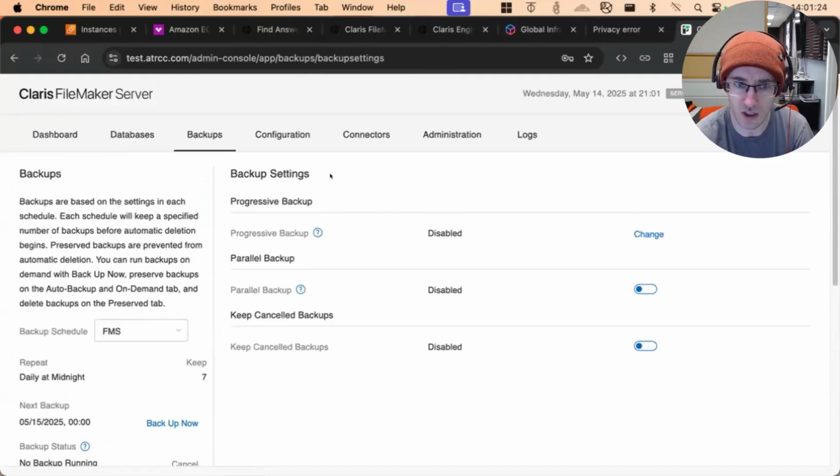There's a few settings we're talking about on the backup settings. Progressives, this is what I referred to earlier. These are every 5 minutes. They are an incremental backup. What that means is the very first time it runs, it's got to write out a whole copy of the database. But from that point forward, it only adds, like you change 10 records in the last 5 minutes or something, it adds 10 records in.